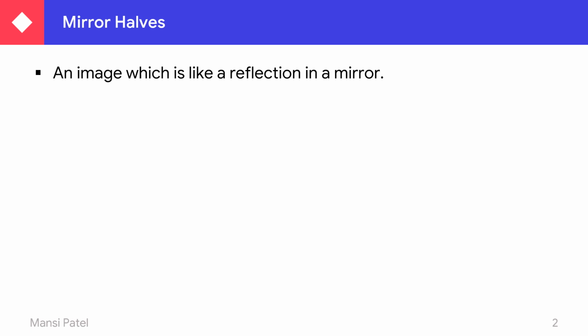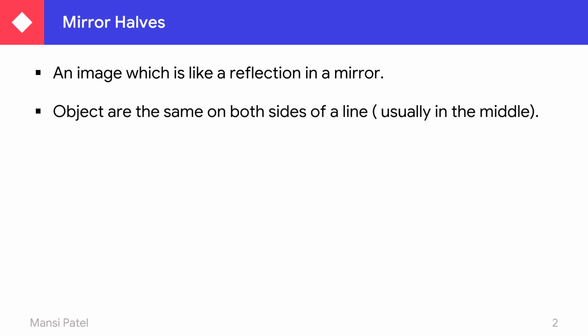Do you know what is mirror hall? How is it useful in our routine life? Let us see. An image which is like a reflection of a mirror. If we stand in front of the mirror, how we look, that shows the reflection. So if we draw any shape, any letter or any word in front of the mirror, then how it completes, how it looks, that shows the reflection of a mirror.